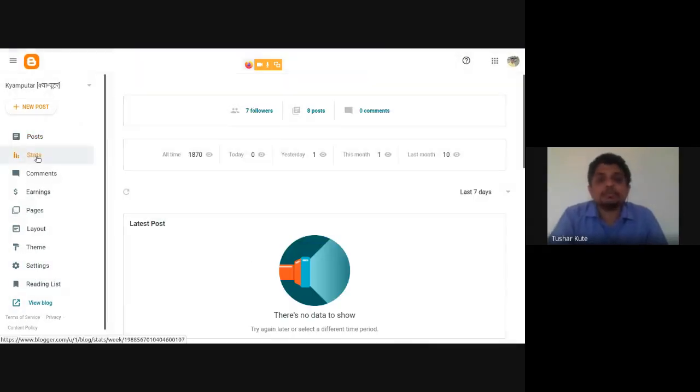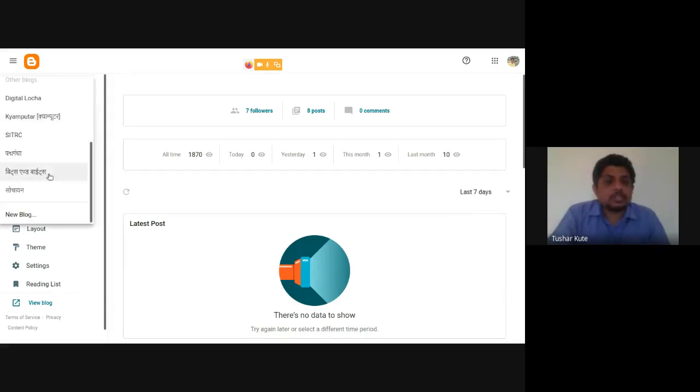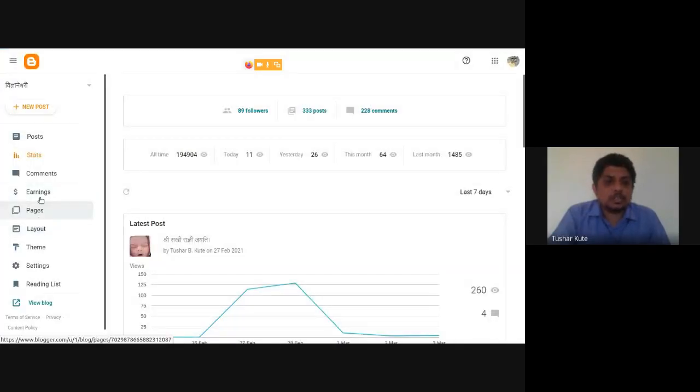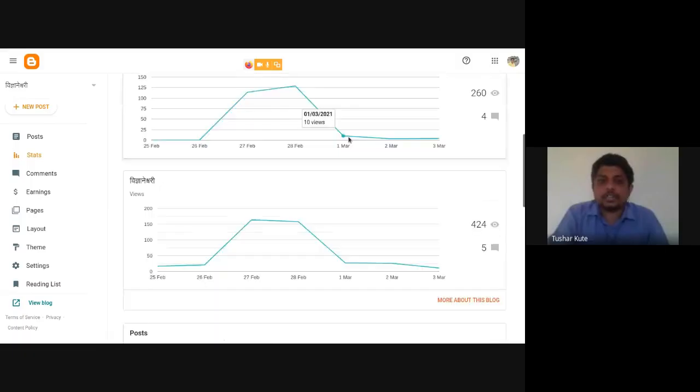Yeah, statistical dashboard. So the total number of followers. For the different posts which I have done over here, we can see how many views I got and how they are changing. For a particular post, how many views are there on which particular day? See, here on 27th February I got 114 views. Here I got 129 views. On March 1 I got 10 views, March 2 or 3 views, and then come below.